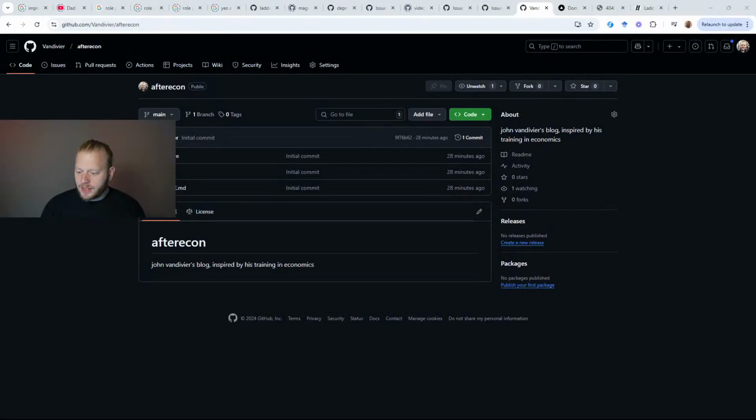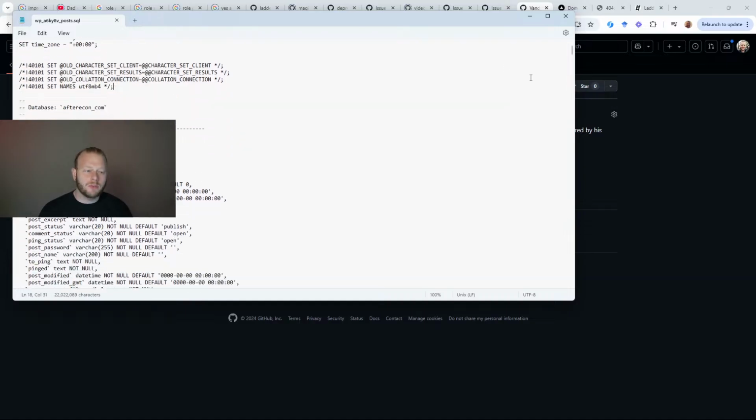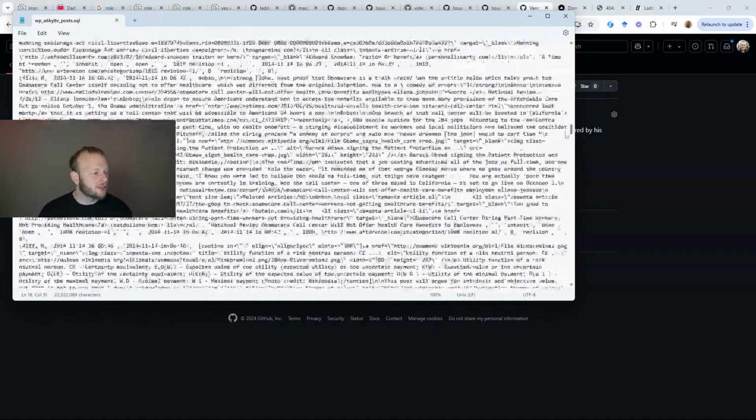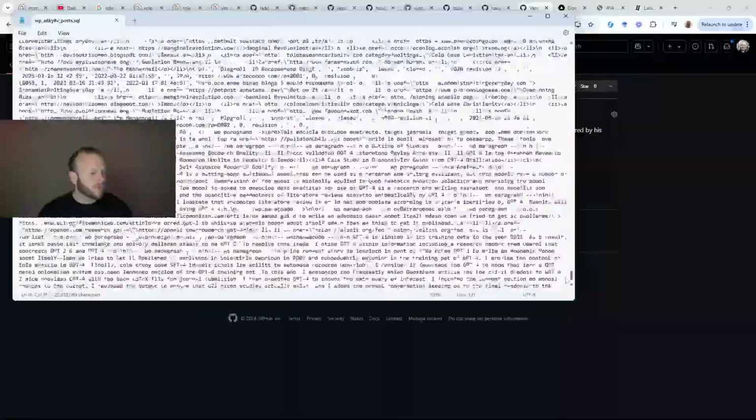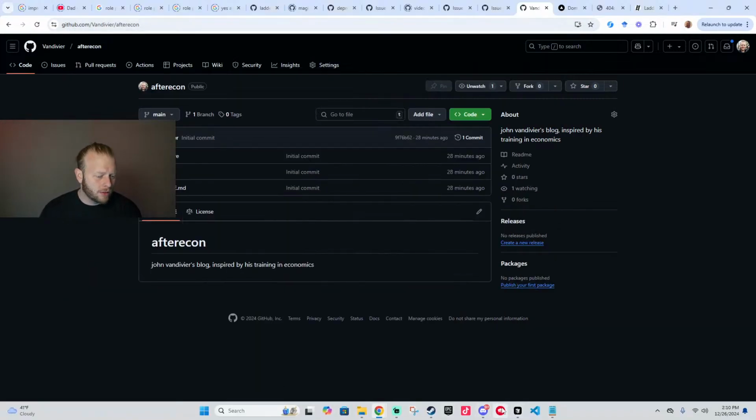And I'll show you this nasty file we're going to deal with. Let's see if I can open it with Notepad just for now. So here is 21,500 plus kilobytes of text. And I'm going to use an AI agent, the Cursor agent, to translate this into markdown files for my blog. Let's see if it works.